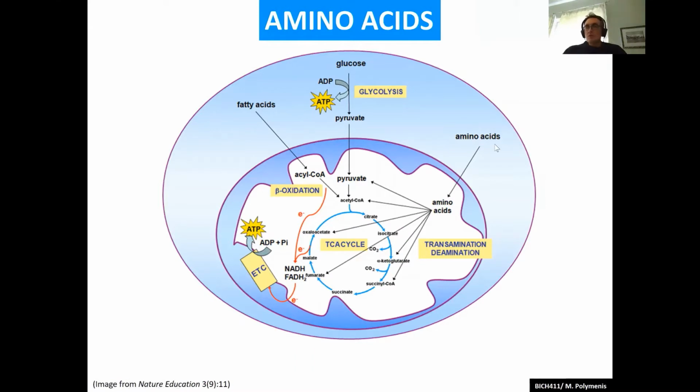But we do eat a lot of protein, and we do break down even our own protein, our own muscle protein, when we sleep, for example. And these amino acids are used as food, and they enter at various points in these fundamental central metabolic pathways that we discussed, mostly the TCA cycle. They are an excellent source of all these intermediates that we need. So that also happens. But before we get to all this breakdown and synthesis of amino acids, we have to